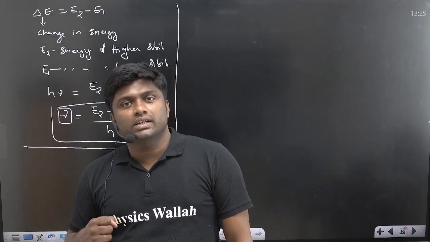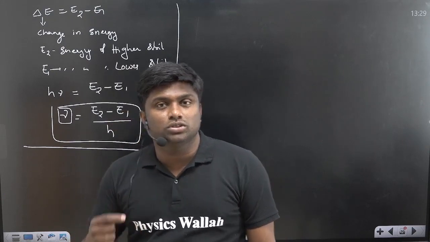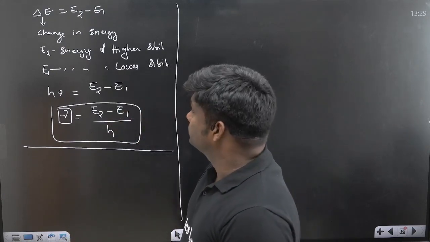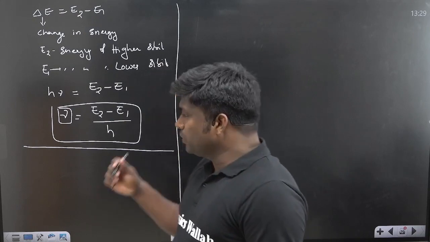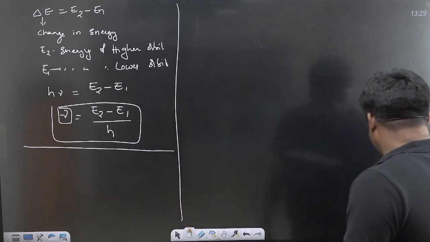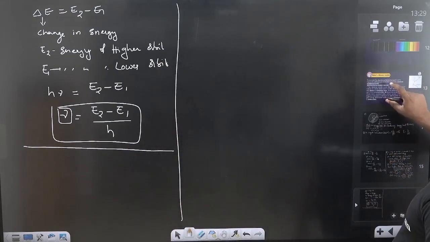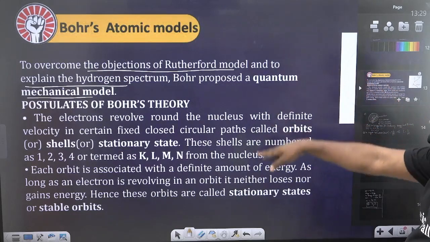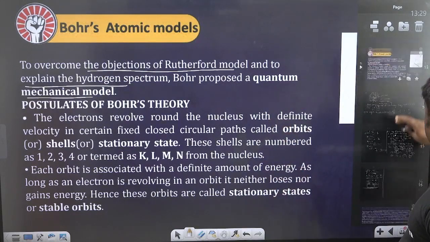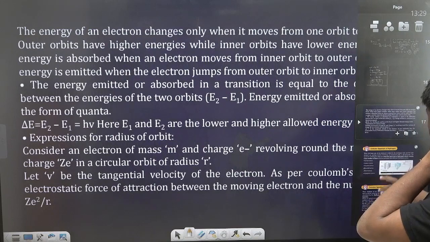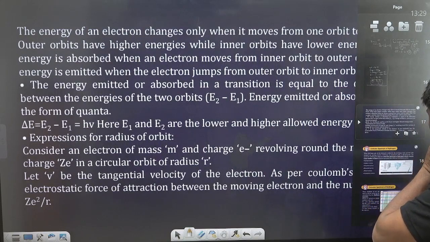The change in energy we are calling delta E is equal to E2 minus E1. Okay, these are the important postulates of Bohr's atomic model, which we have written here. These are the postulates in Bohr's atomic model. Okay, these are also the same. And next we are going to see